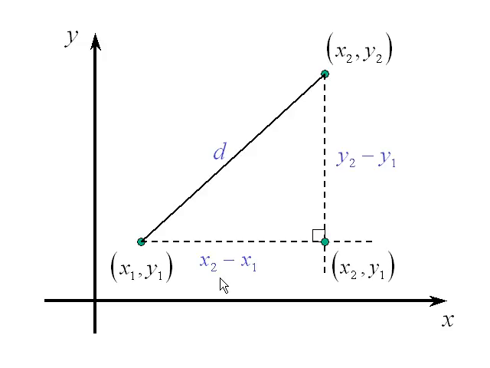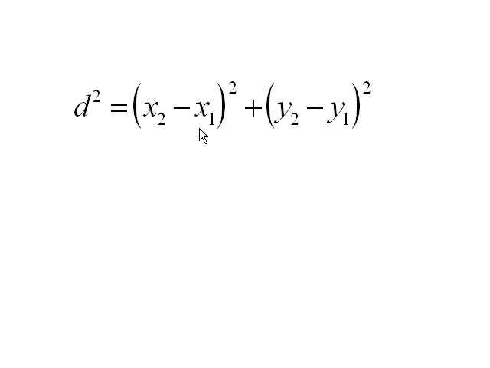Now you know the Pythagorean theorem. If you've got a right triangle, one side, another side, and the hypotenuse, the sum of the squares of the two sides matches the square of the hypotenuse. That's what the Pythagorean theorem says. Here it says, with the sides labeled the way we've done, x2 minus x1 squared, that's the horizontal side, y2 minus y1 squared, that's the vertical side, matches d squared, that's the hypotenuse.